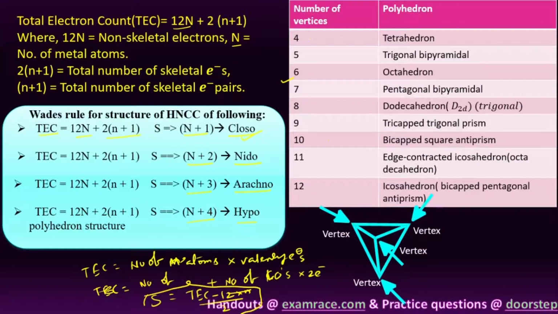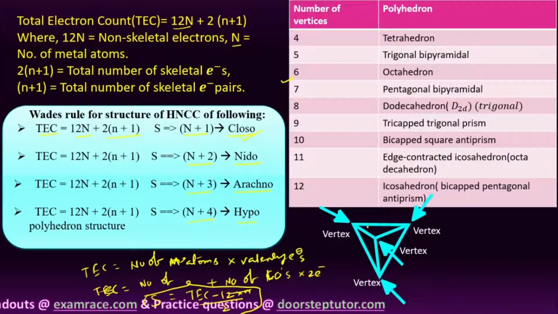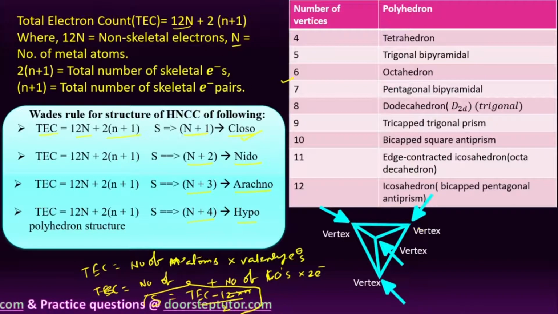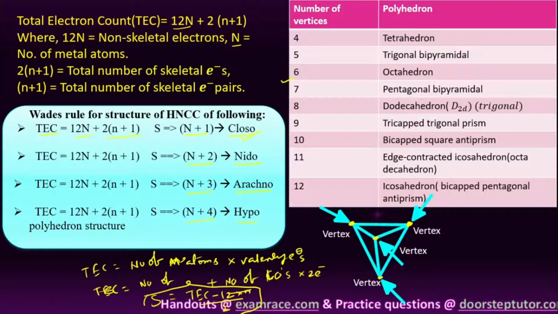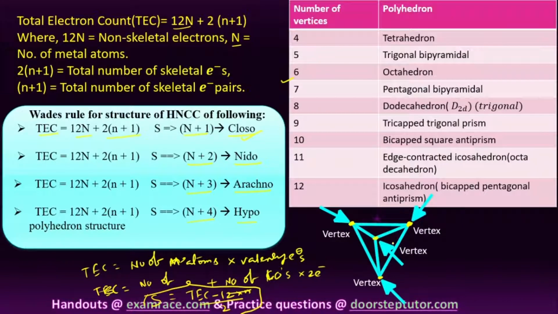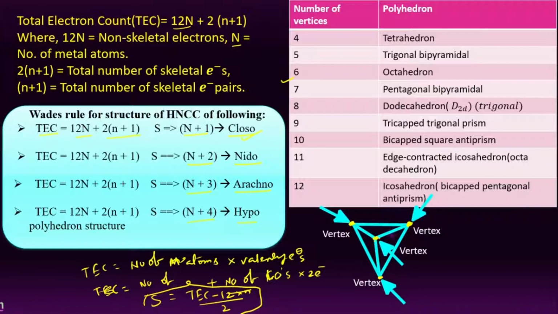If the number of vertices... most students are confused about what vertices are. A vertex is singular, and the plural form is vertices. Here you can see this is a vertex, and here it is a vertex, and here, and here. So how many vertices do we have? We have 4 vertices. Similarly, the metal atoms have different numbers of vertices, each attached to another metal atom.